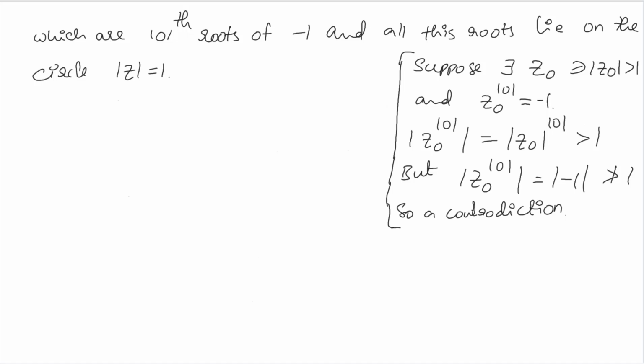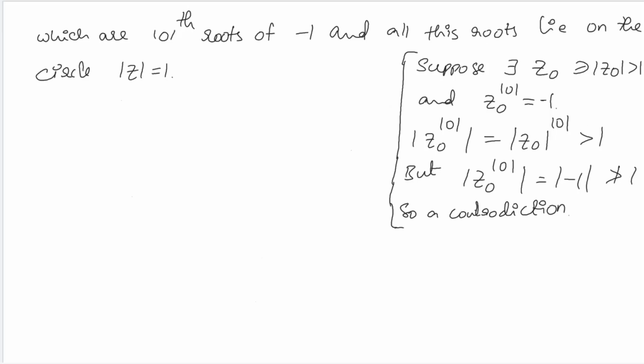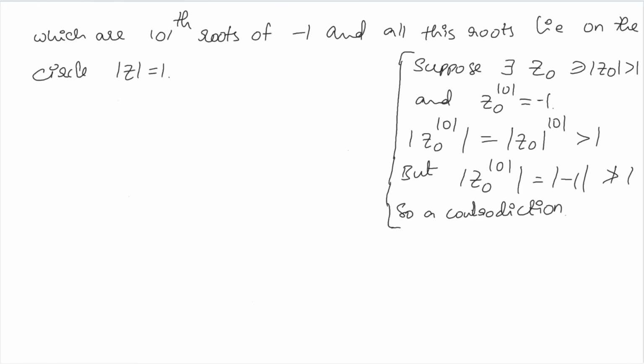And since we know any polynomial of degree n has n roots in the complex plane, here we have the polynomial of degree 101, and hence the number of roots of this polynomial is 101, and all such roots lie on the unit circle mod z equal to 1. We can see the circle mod z equal to 1 lies inside the contour given in the problem, that is mod z equal to 2, and hence we can say